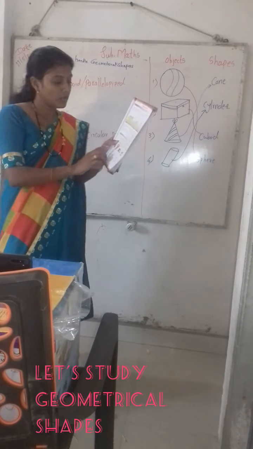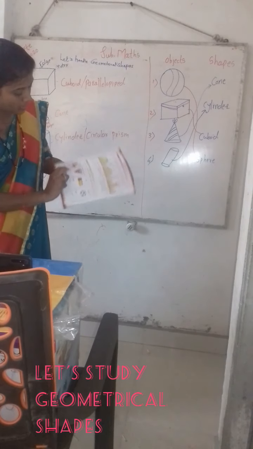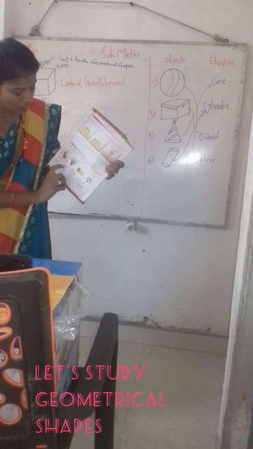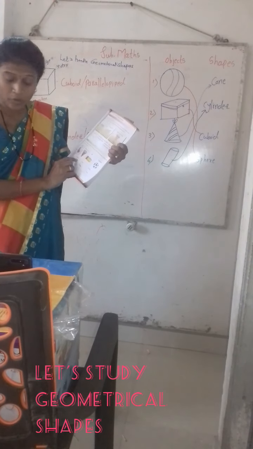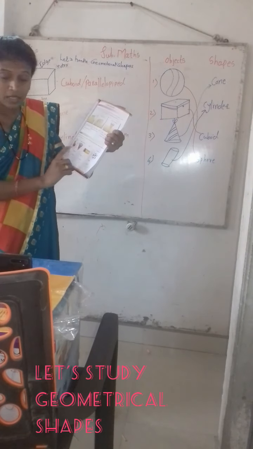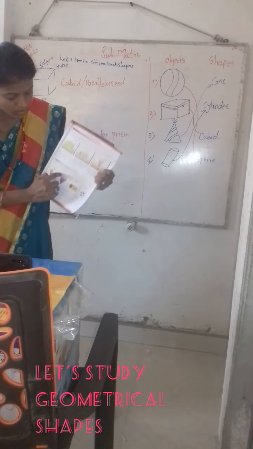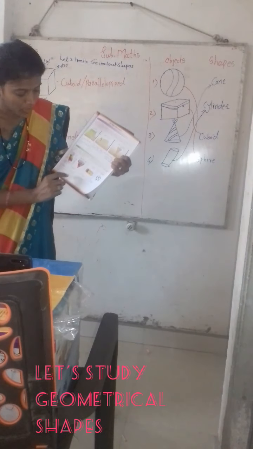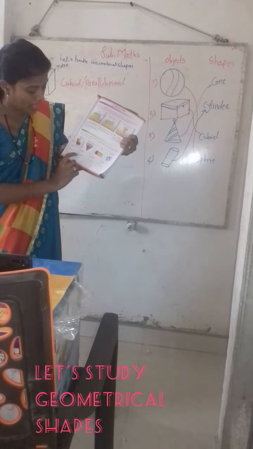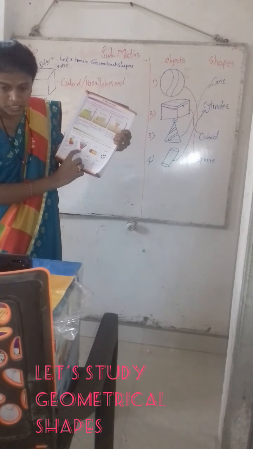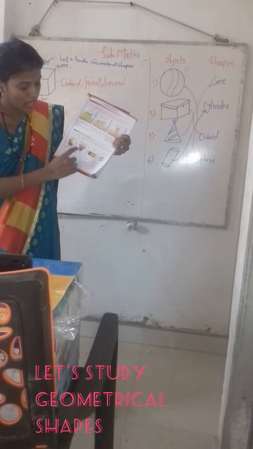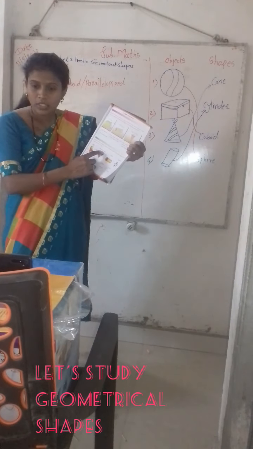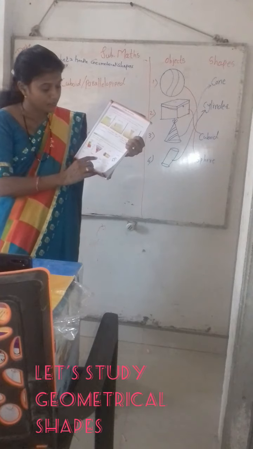Now the second figure is a popcorn cone. So the first point is how many edges and how many corners the popcorn cone has. Here it has one edge, means a curved edge. It is a circular shape. It has one corner, just like this. This is a corner. It has one curved face.